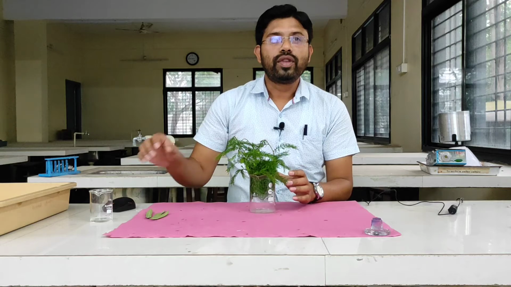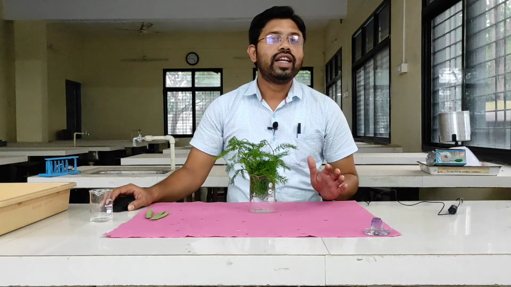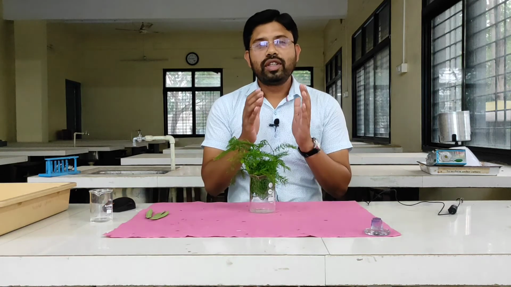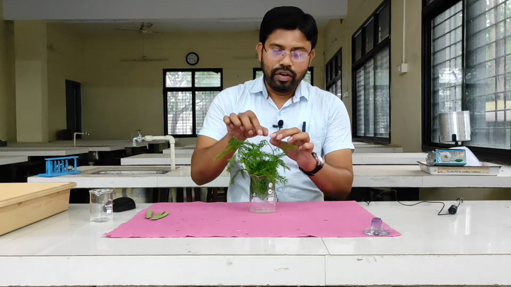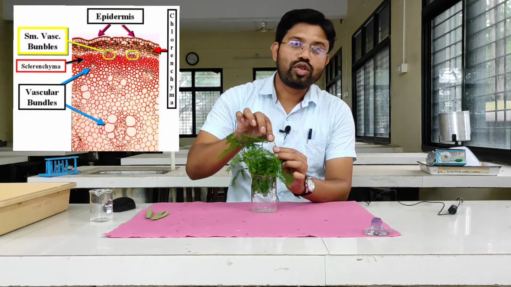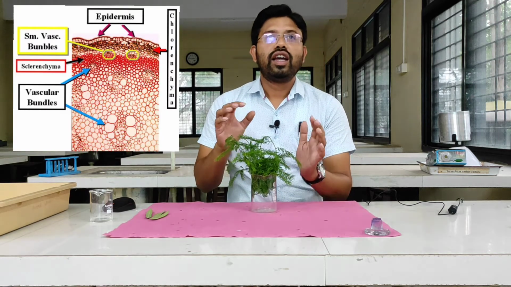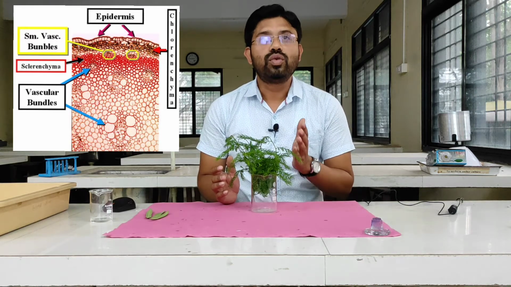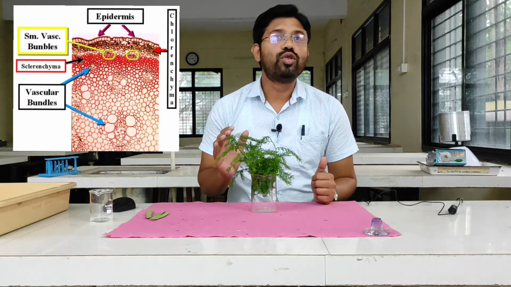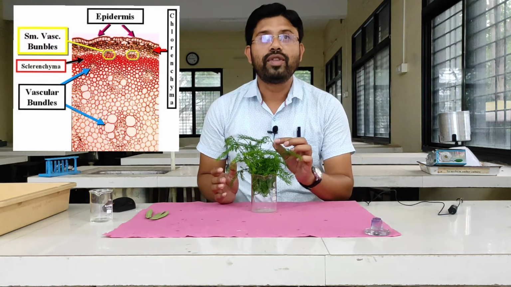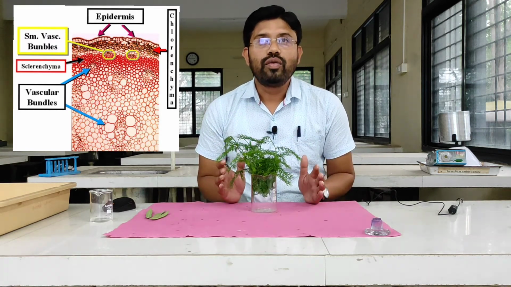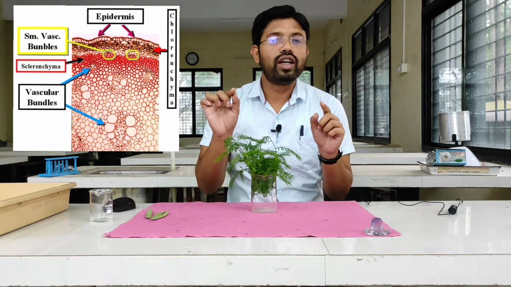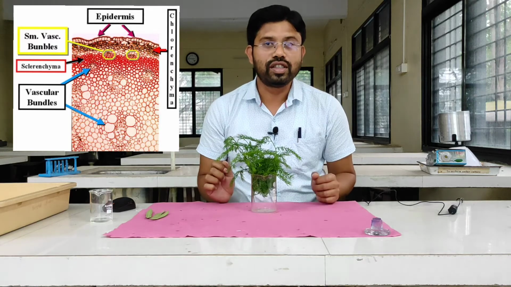Now if we talk about the anatomical characters of Asparagus racemosus, then if we take a section of this particular stem, the TS is very outlined due to the presence of phases to the stalks. The outermost layer is the epidermis, which is a single layer with deposition of cuticle outside, meaning there is a cuticle layer at the outermost region.